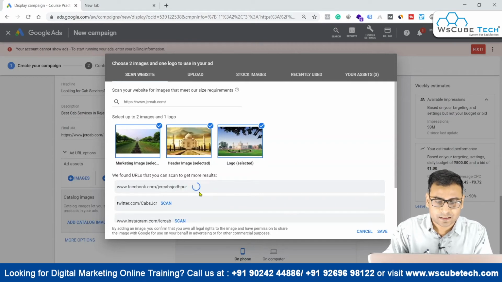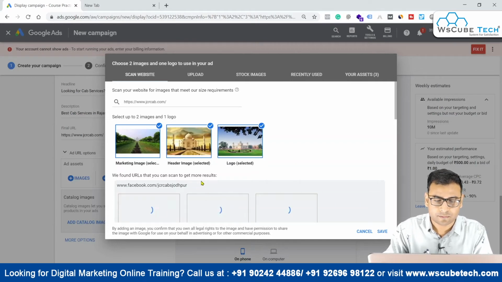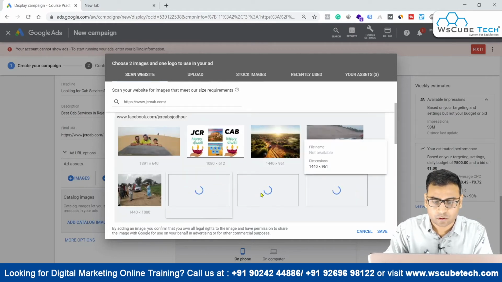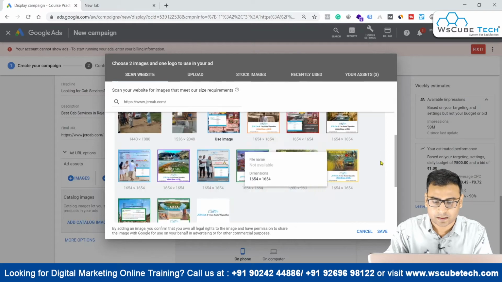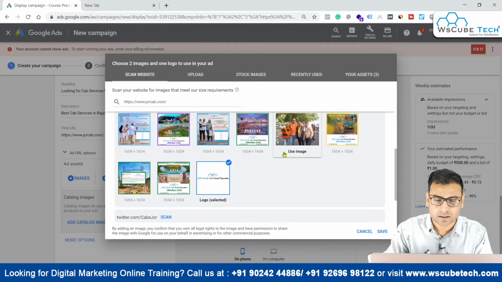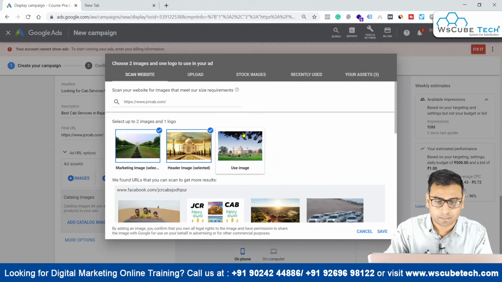What I will suggest is that you can also scan from here, like Facebook. So let's scan these things from Facebook also. We'll get some photos from Facebook, and let's see if we can get the logo over here, and then we can place that. Yes, here it is, right? So we have this logo option. Now this one is our logo, and coming back, we have ignored the logo portion from here, right?